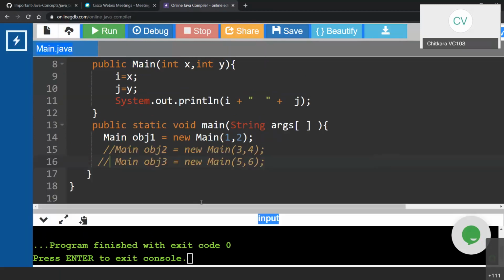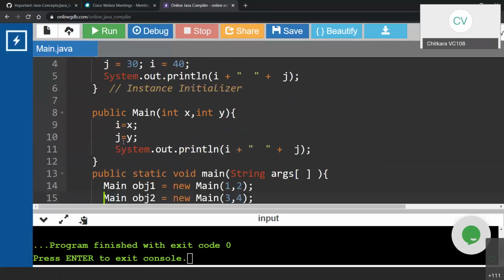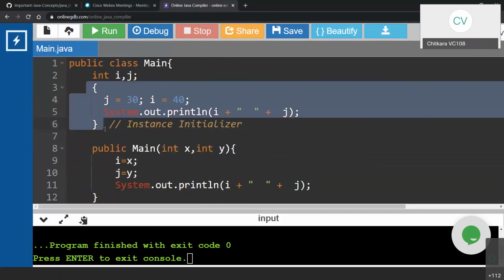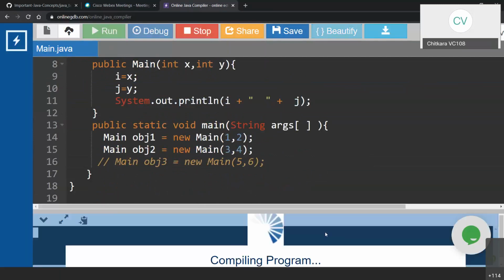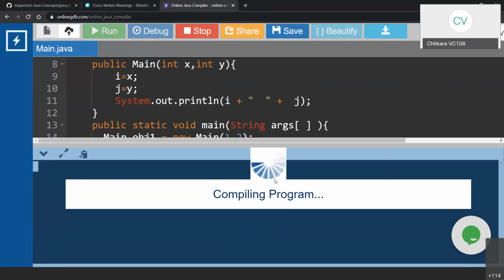Now this is done for each and every object. That means if I create a second object, first we are going to have a separate value for i and j, which is 40 and 30, and we are going to assign the values 3 and 4. So the value of i and j is 3 and 4. So let's run it again. If you look at the output over here,